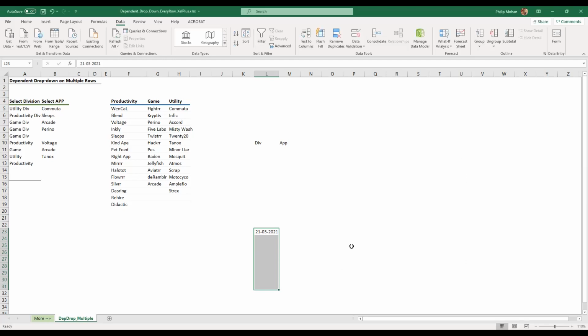Oh, accepted it. Okay, by the way, that is a function. If you say today, it will always give you the current date. Okay, you see that? What is the formula? Equals today and open bracket, close bracket. So what I've done in the validation for these columns, I don't know where, somewhere here.